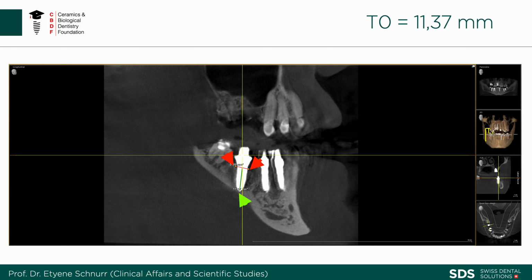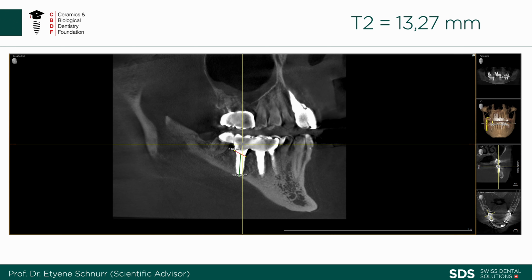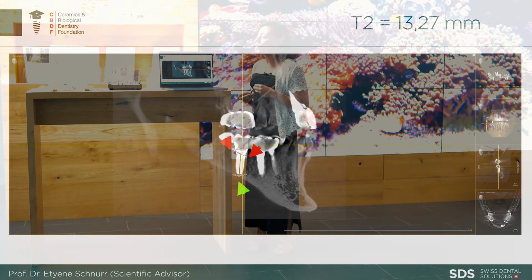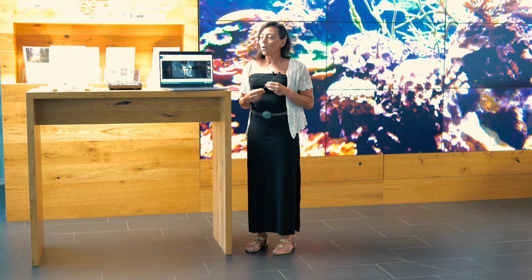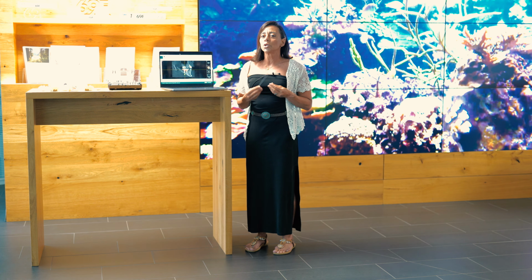11.37 millimeters. 12 months after the follow-up, a new cross-section also shows the most crestal bone at distal, the most crestal bone at mesial, and the intersection with the long axis line of the implant. T2, 13.27 millimeters. To use the vertical bone loss as a clinical outcome, we use the difference between the two values,